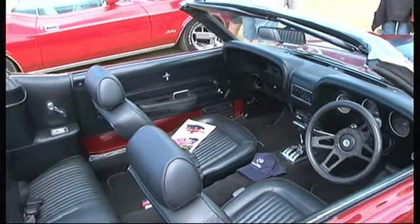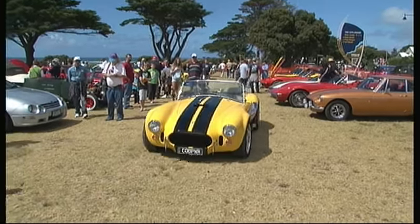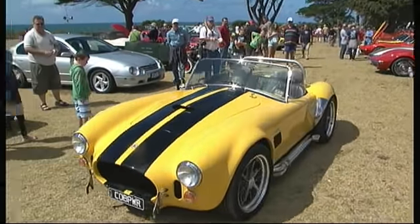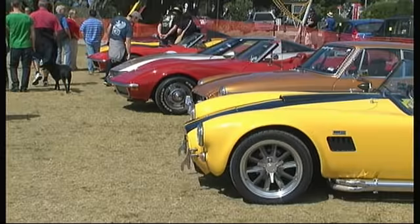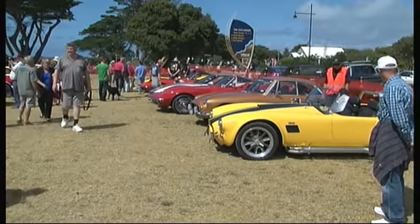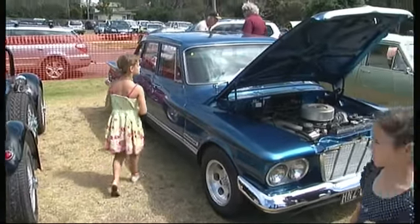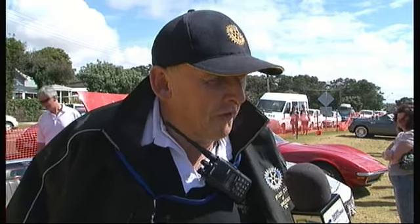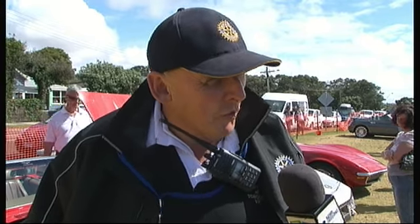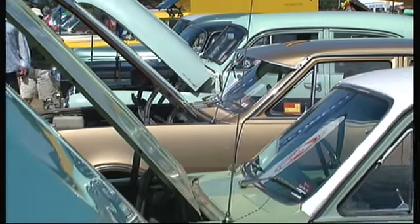There's some fantastic cars here. We've got 26 categories, and the colour and the atmosphere is just sensational. We're really, really pleased. Well, you've said there is something for everybody here, and we hope that everybody turns out to be in excess of 4,000, because that's your record-breaking crowd so far, isn't it? That's correct. The last successful event that we ran, we had just under 4,000 people. That's competitors and public that came through the gates,